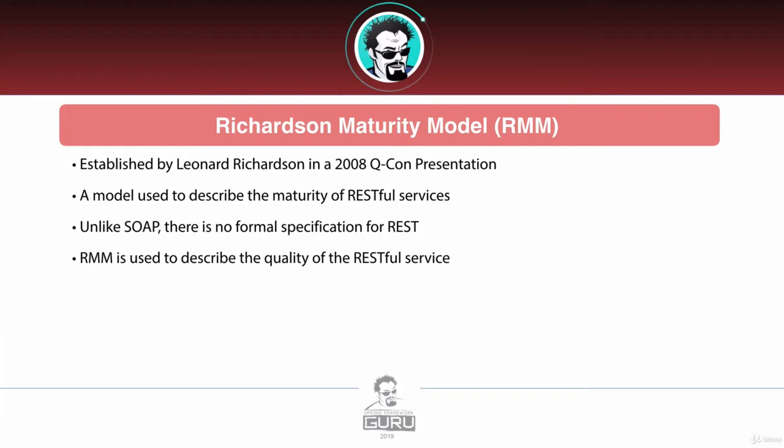So an important distinction about when we're talking about REST services, unlike SOAP, there is no formal specification for REST services. And SOAP was actually a product of a working consortium that came up with SOAP. All the CS guys, and they got companies together, and they built up this big specification for doing SOAP-based web services, and it had XML schemas and WSDLs and all that good stuff. That doesn't exist for REST services. So REST is kind of an informal movement that's been largely adopted. There's a lot of widely accepted protocols for REST, but there's no formal working group that ever created a specification for REST. And that's why the RMM is important, because it helps mature and define some qualities of RESTful web